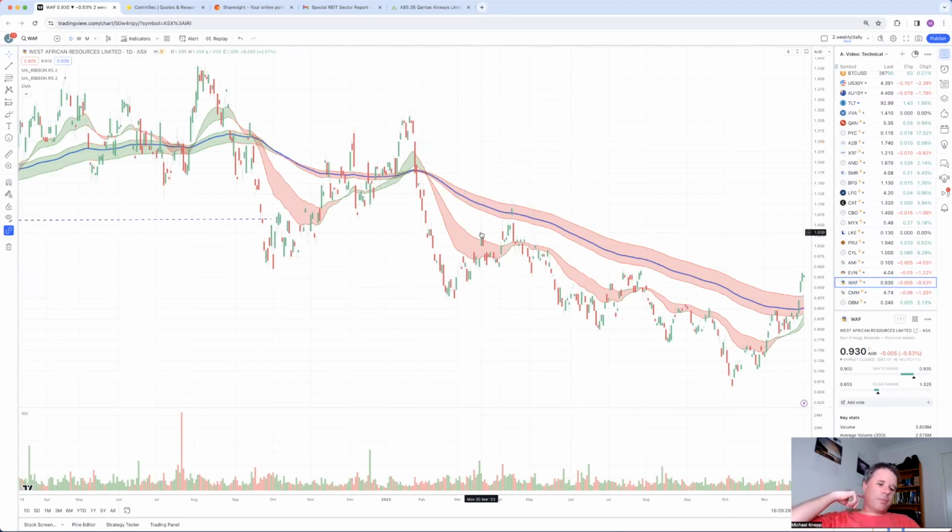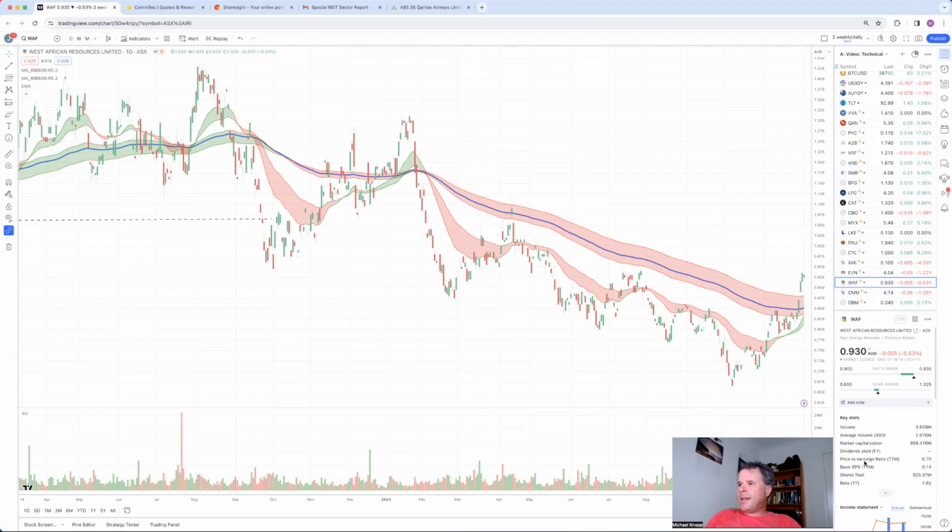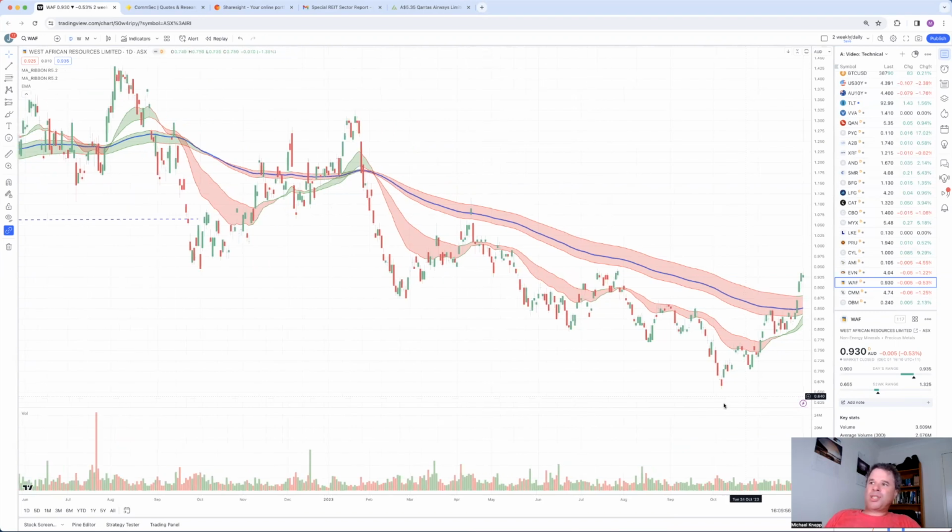West African, this is a really cheap gold play. The main reason is risk, political risk, geopolitical risk. This is a mining company in Burkina Faso, but if this company keeps on mining and the government of Burkina Faso doesn't interfere with the mining, this is a really cheap company. And they're also going to be starting a new mine in the next few years. Price earnings ratio 6.7, and the share price is rallying, which is understandable because people see a really cheap company and they think, well, if the gold prices are rallying, this company is going to be even more profitable, making them seem even cheaper. So West African Mining, another nice